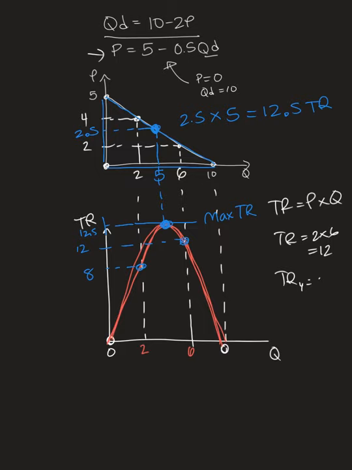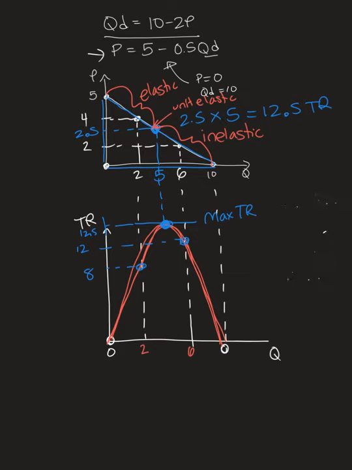Now, what does this mean? Well, it means that this portion of our demand curve is the inelastic portion. This portion is the elastic portion. And in fact, this midpoint is the unit elastic portion of the demand curve. So if we're interested in finding out what prices to charge,